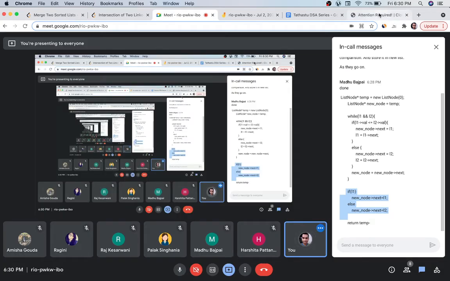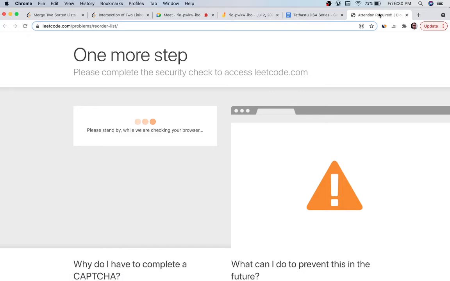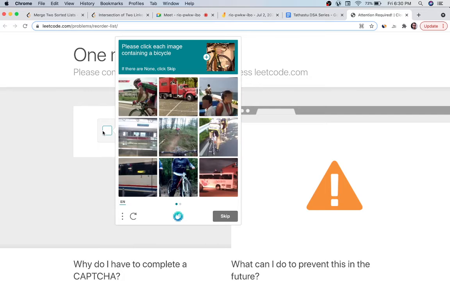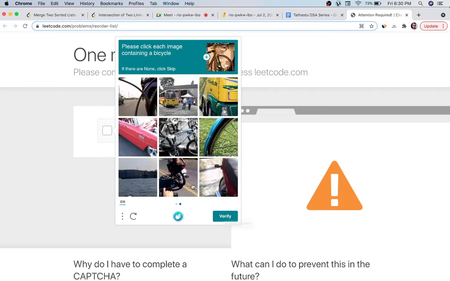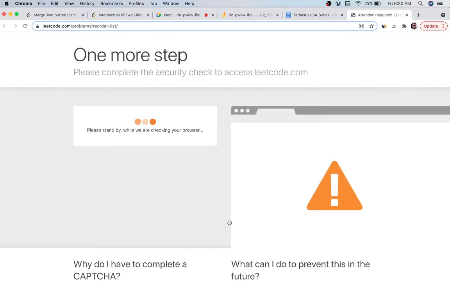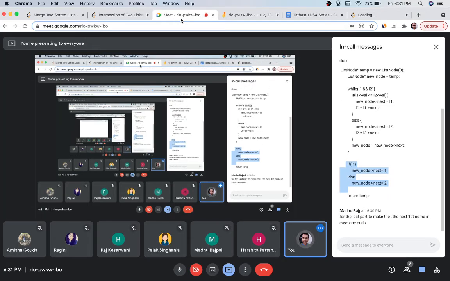Tell. Anyone, any other approach? For the last pass, to make the next one come in case one ends. Yeah, got your point. Okay, good.